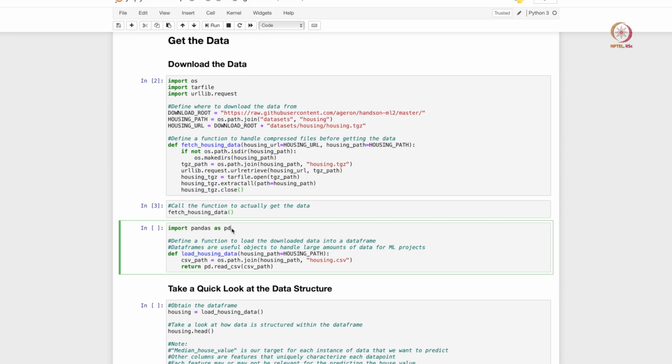It is used as an organization tool, right, and it has lots of useful functions both for analyzing the data and visualizing the data, and many of the machine learning modules work directly with pandas data frames, right. So it is a very useful tool to be aware of, and we will be extensively using pandas through the duration of this course, right.